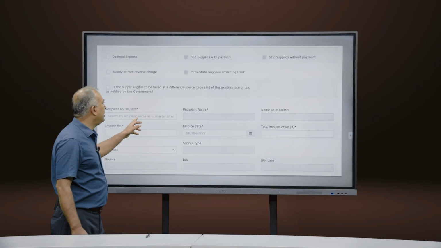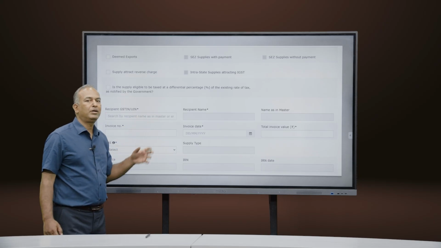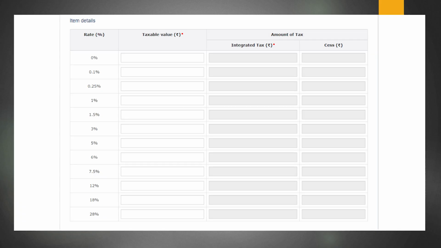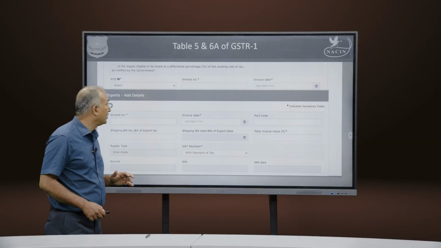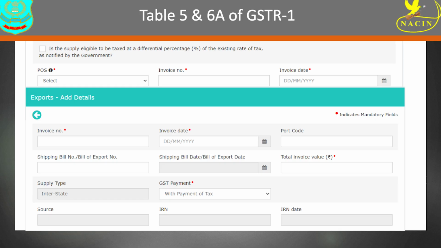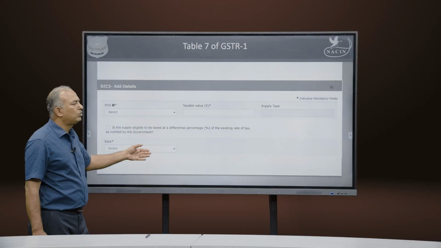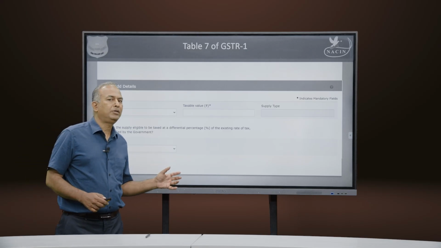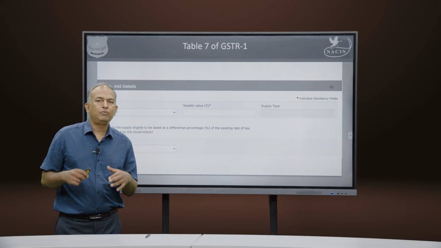Similarly, when the GSTIN of the recipient is an SEZ unit, the system will enable the taxpayer to pay only integrated tax and no CGST, SGST. So there is no such thing that the tax officer needs to go and check all these entries. These are all system-driven activities, and the system takes care of it. Table 5 and 6A, this is how it looks. You can have a look at the PPT, at your leisure. I would request you to have a look at these particular slides,